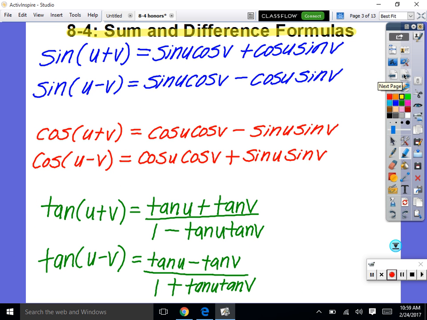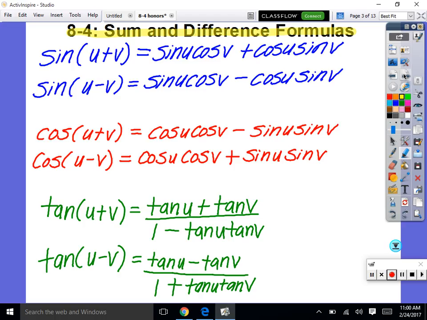Okay, so write these down really quick. I wanted to give you a paper with them on, but I never got to printing one out. So we're going to be using sum and difference formulas to take something and rewrite it so that we can simplify it using the unit circle. So last time we were solving using the unit circle, now we're going to simplify using the unit circle if